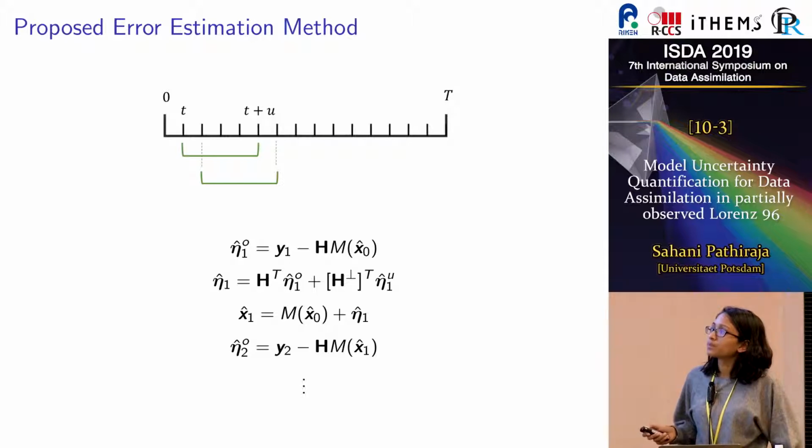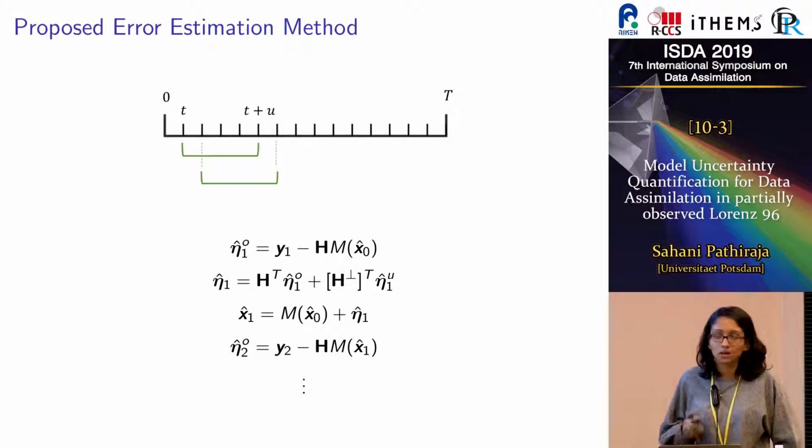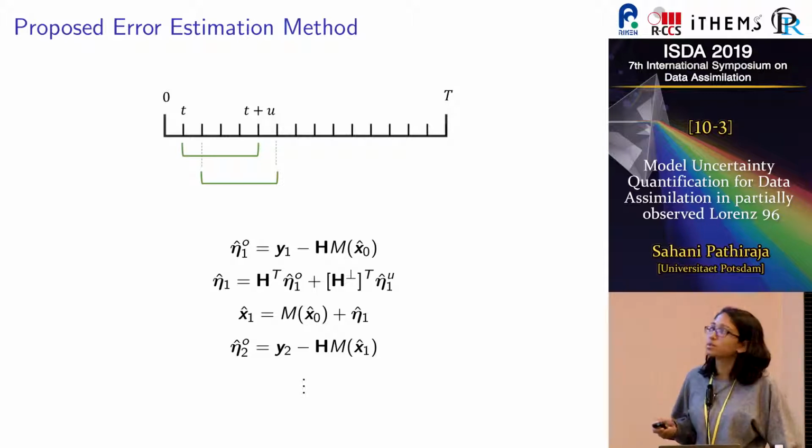The motivation for this kind of sliding window approach comes from long window weak constraint 4D-Var. And the idea there is that you can essentially approximately neglect the background error term. So this is this term in the cost function that relates to the initial condition error. And the rationale behind that is that because you have these overlapping windows, repeated iterations of this optimization process will then mean that the background term has converged. So it's effectively a constant that you can ignore.